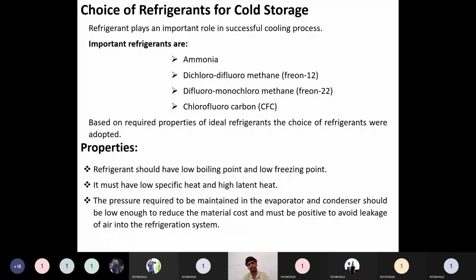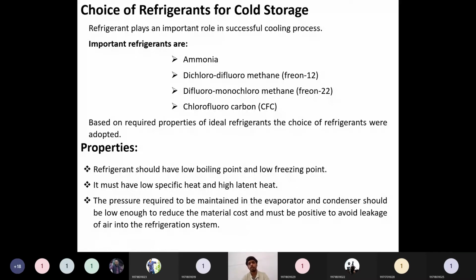So there is simultaneous heating and simultaneous condensation. Heat exchange plays a major role in lowering the temperature so as to maintain the coldness inside that cabin or cold storage. These are the popular four refrigerants, but how do we select a refrigerant? Depending on what we require inside this cold storage, this room, and on the properties of the particular refrigerant, we have to select. I have listed the common properties here. These need not be the same for all four refrigerants, as individual refrigerants will have some individual properties, but that is out of context for this one.